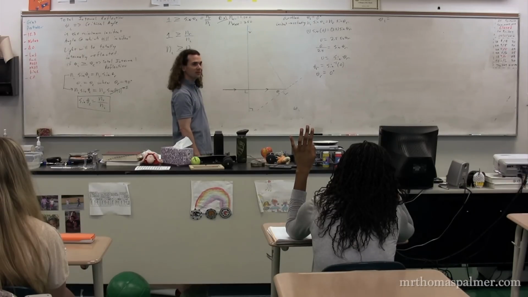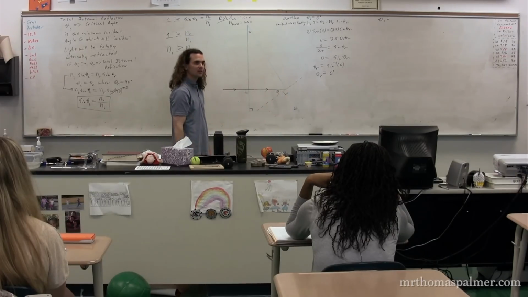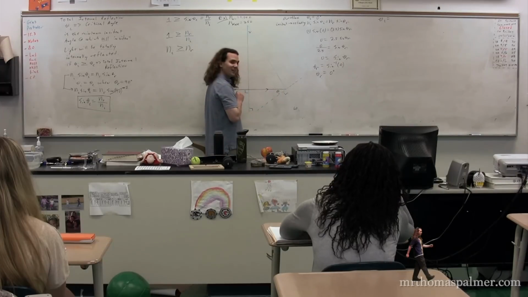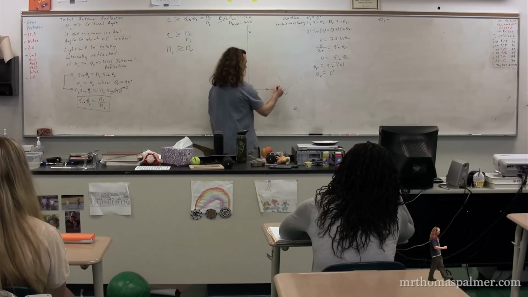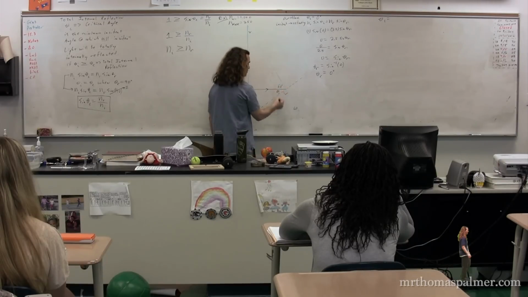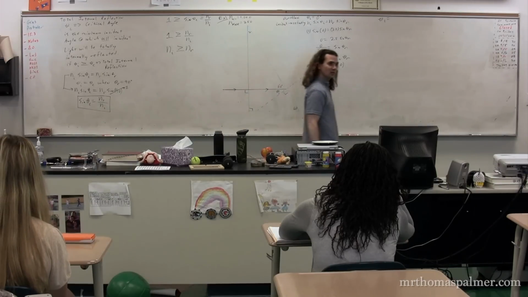Abigail, help me out. It's 180 on the side of the triangle. This whole piece right here is 180 degrees. That means that 90 minus that angle is this angle right here. This one is going to be 60 degrees because these two lines are parallel. Therefore, these are both going to be 60 degrees. Therefore, theta 1 is just